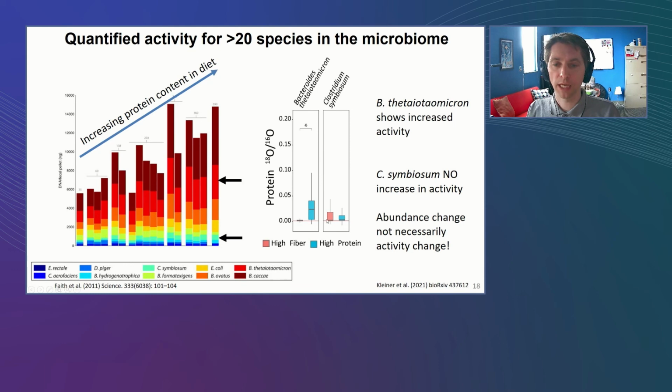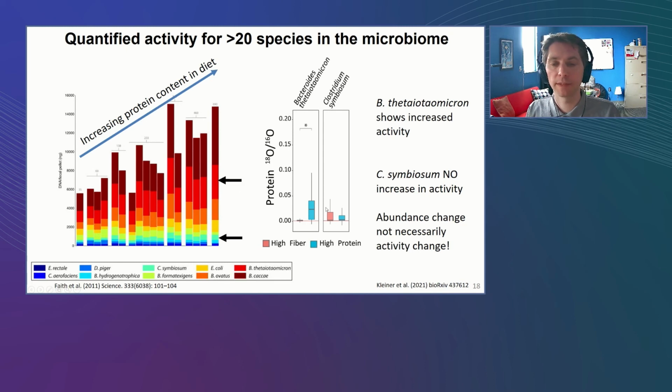Here we have the high fiber medium and the high protein medium. On the y-axis, we are showing the ratio of oxygen-18 versus oxygen-16, which is really an indicator of how much of the heavy water was incorporated and really is an indicator of the cellular activity. And so what we can see on this data really nicely is that B theta in the high protein medium really has a massive increase in terms of activity, which really nicely corresponds with its abundance increase